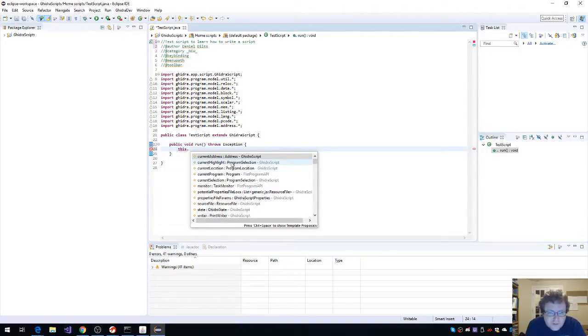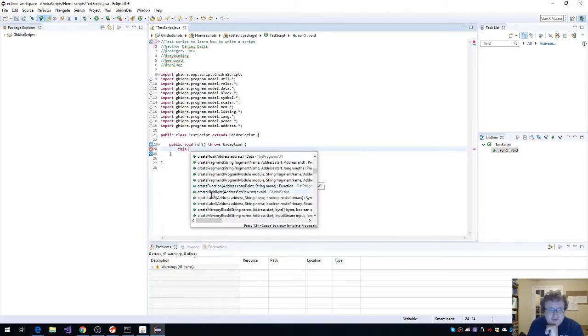Current address, current highlight, current location, current program, current selection, monitor, potential property file locations, I assume, property file parameters, source file, state, writer, add entry point, add instruction, analyze all, analyze changes, ask address, lots of queries, clean up, clear listing, clone, close program, create address set, create ASCII string, create a bunch of bits, pieces, and stuff. Selection, stack, symbol, table,